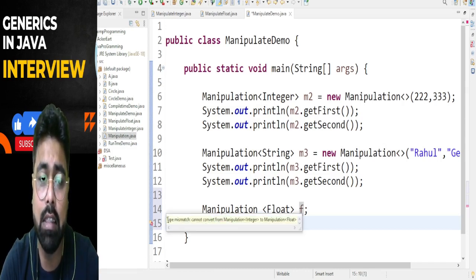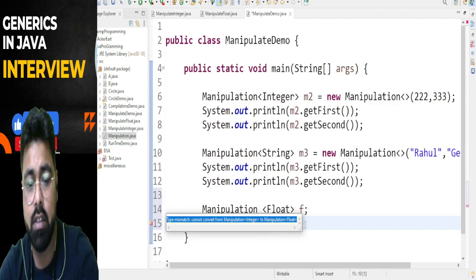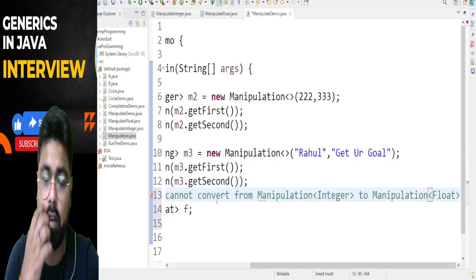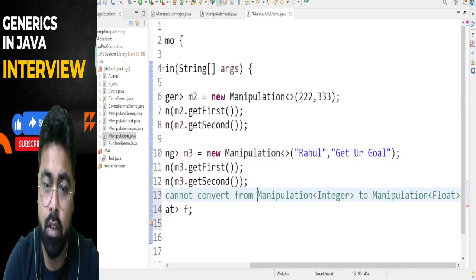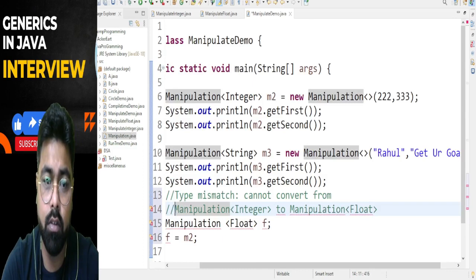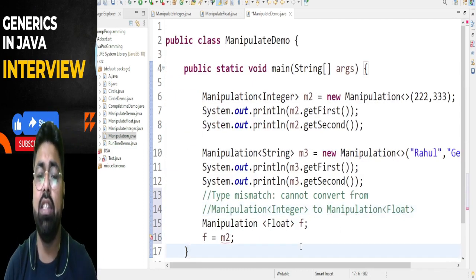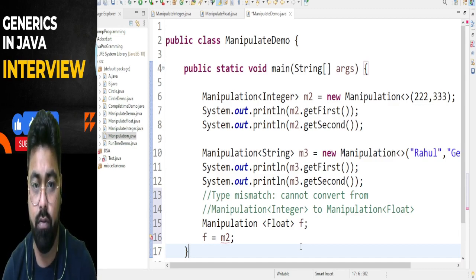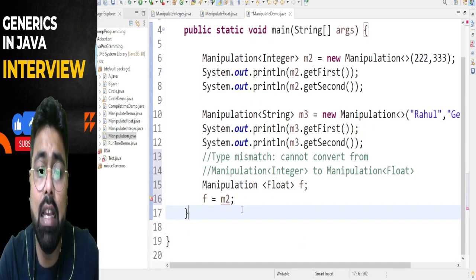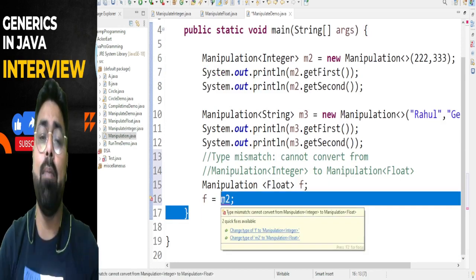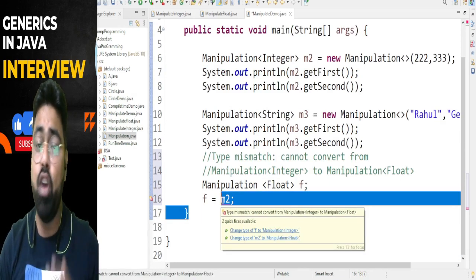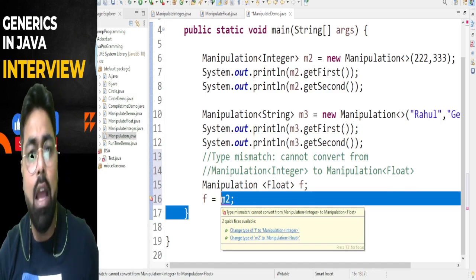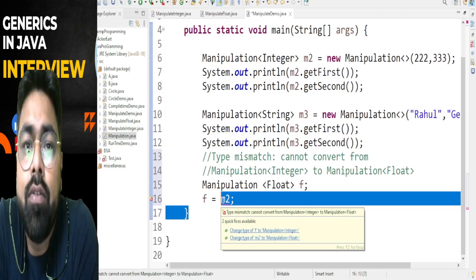What that error is, please look into that. Type mismatch: cannot convert from Manipulation<Integer> to Manipulation<Float>. इसका कहने का मतलब ये है कि ये जो M2 है ये इंटीजर टाइप के मैनिपुलेशन का ऑब्जेक्ट है, और जो F आप जिसमें असाइन कर रहे हैं वैल्यू को, वो मैनिपुलेशन का ऑब्जेक्ट तो है लेकिन वो फ्लोट टाइप के डेटा को होल्ड करेगा।